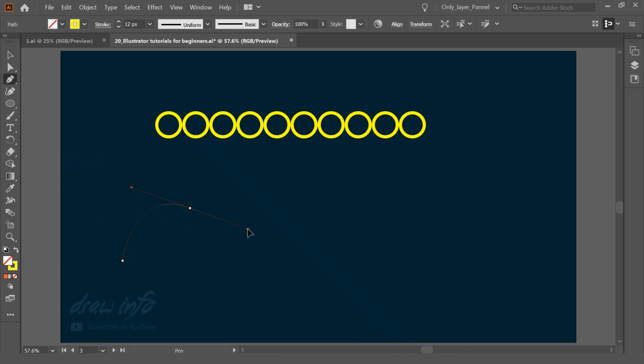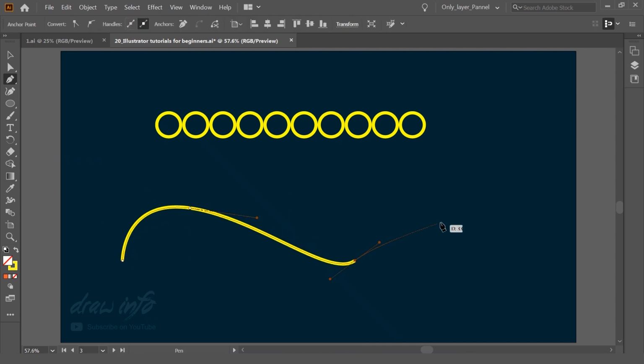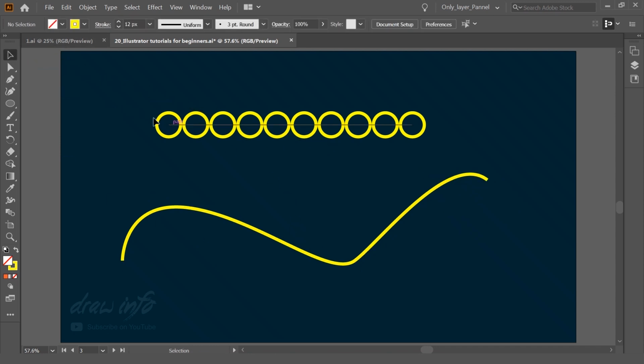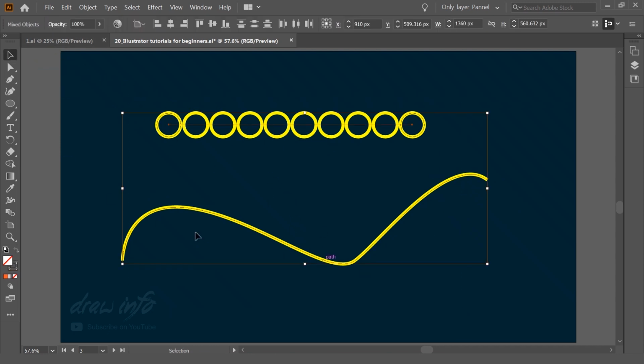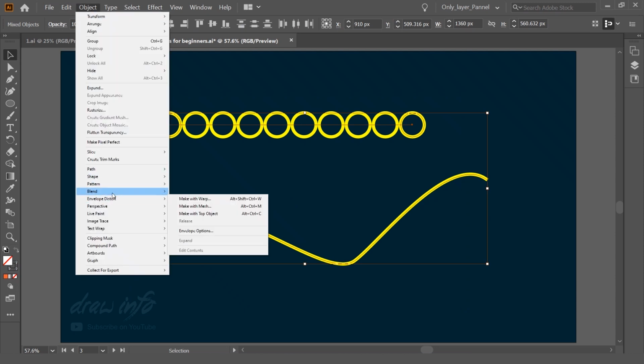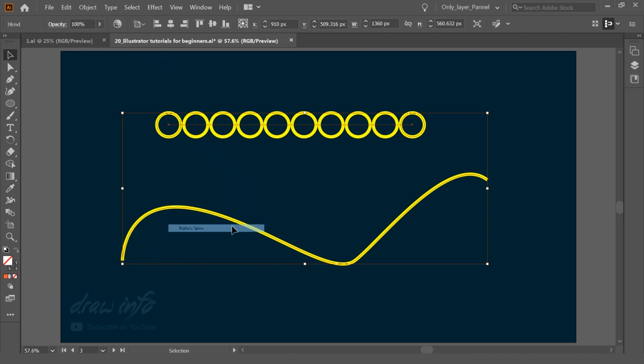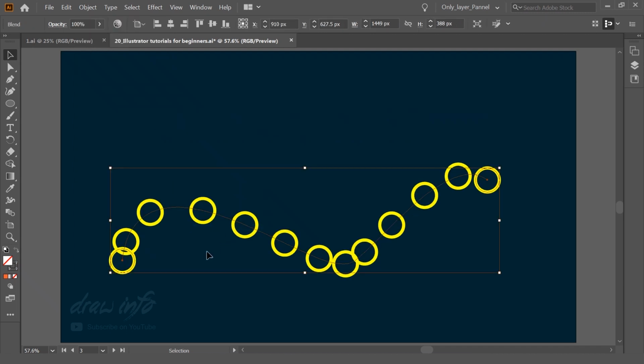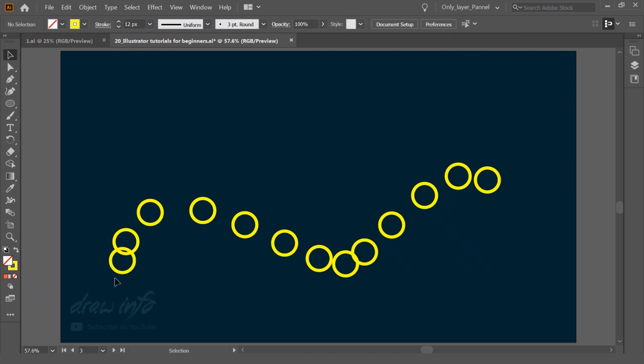With the help of the pen tool, I'm going to draw some path over here, and I need to select both, and go to Object, Blend, and here is the option Replace Spine. As soon as I say Replace Spine, it will place the objects on top of that particular path. So you see all these circles are now aligned to this specific path.